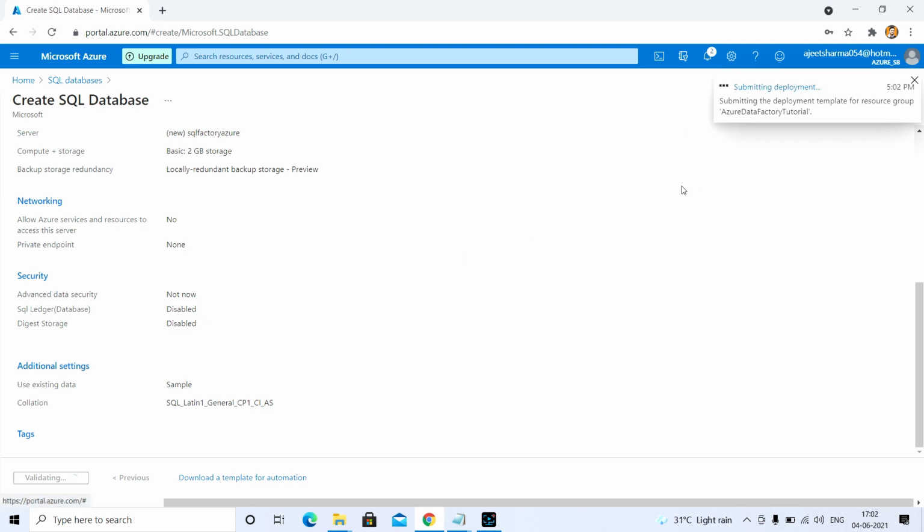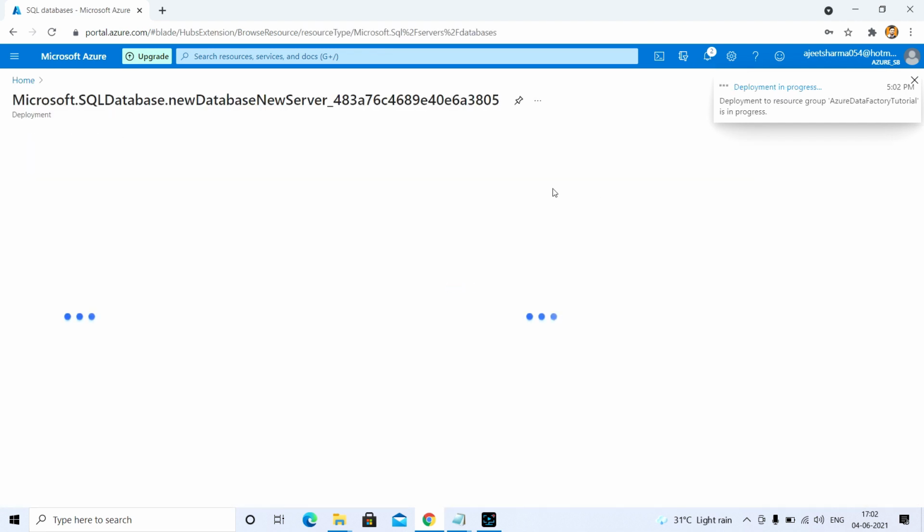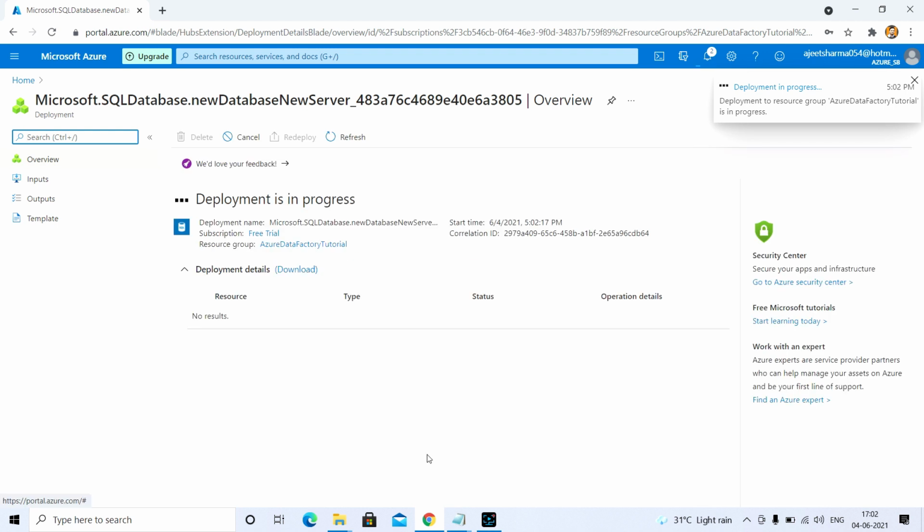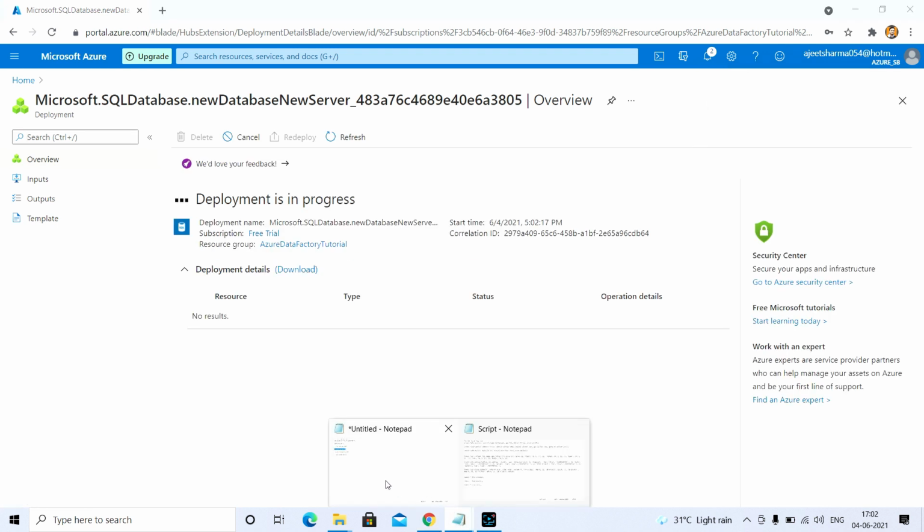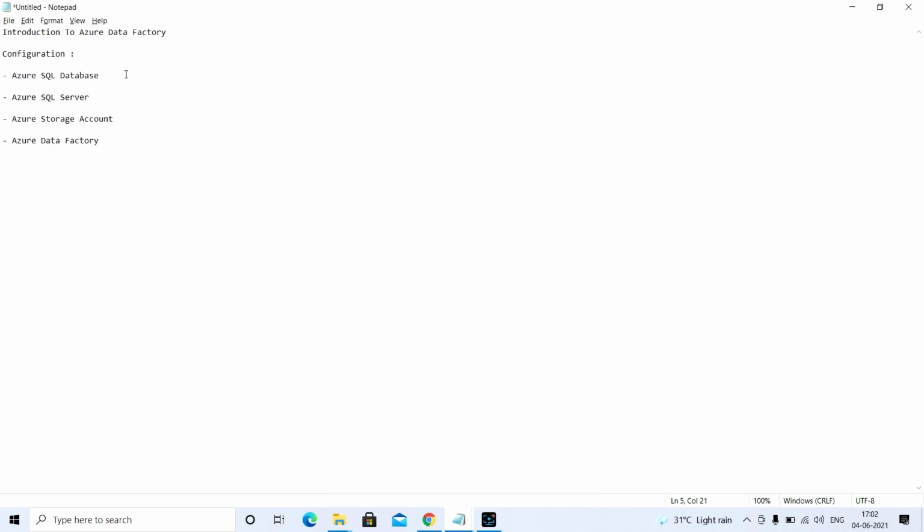So it's going on. My SQL database is created, along with the SQL Server.